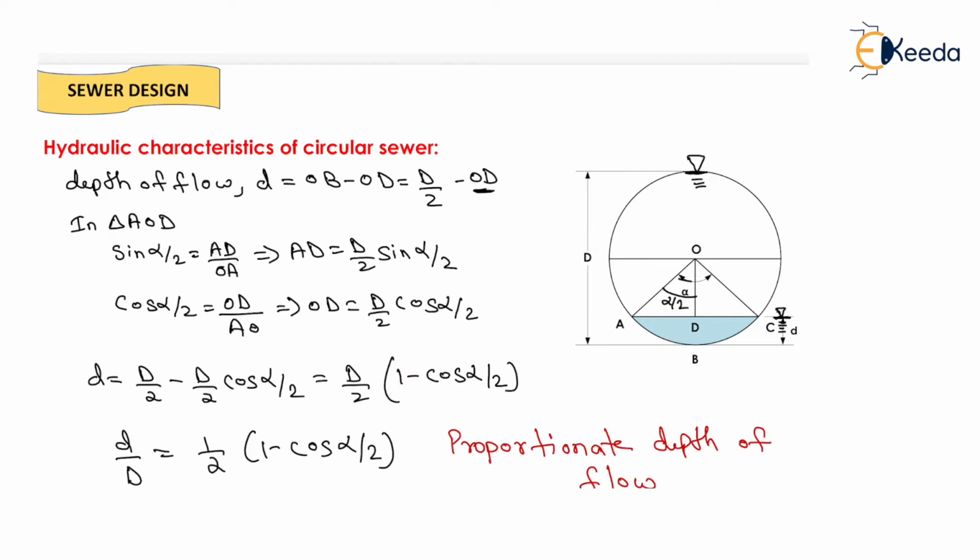That is the perimeter. Okay, now if we write the perimeter for the capital D depth of flow, it will be equal to pi into D, and its complete angle will be 360 degrees. Now if we want to determine the perimeter for 1 degree, then we need to divide this value by 360. Now for the small depth of flow, the angle which is forming at the center will be alpha. Now if this angle is alpha, we need to find the perimeter for alpha, that is the A, B and C value. We need to find this perimeter.